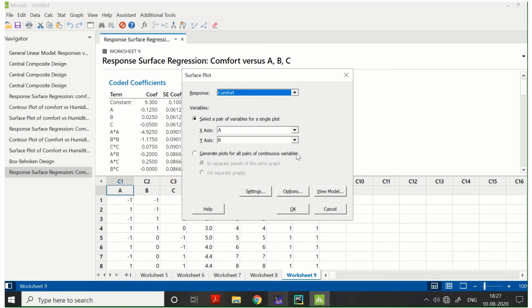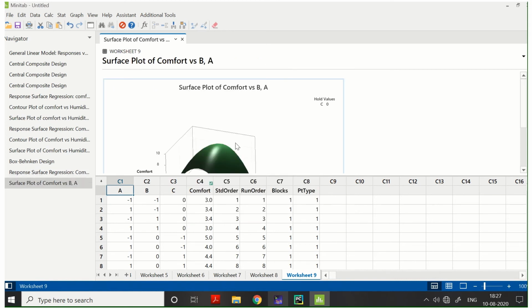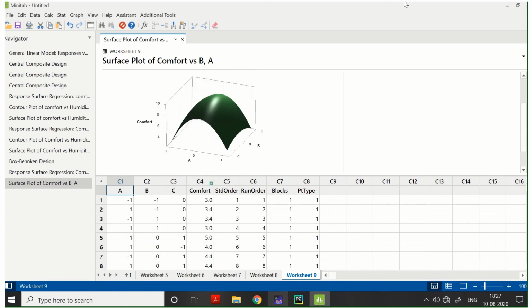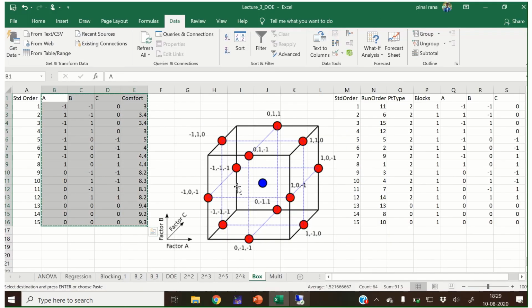But you can vary this according to your requirement. If you want to know the effect of A and C, or A and B, or B and C, you can do so. For the time being, we just see this, and this is the surface created using Minitab.